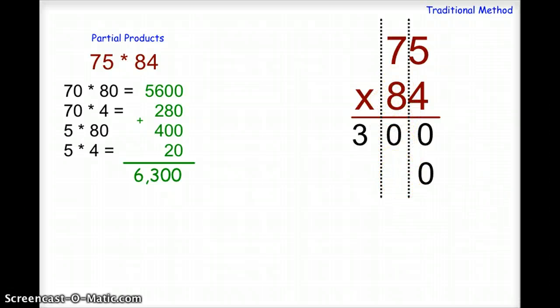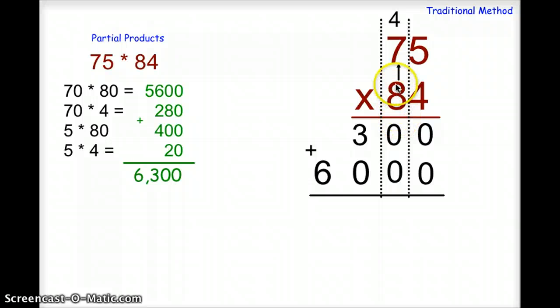When I do that, I can now solve the problem and do 8 times 5, which is 40. Once again, the 0 goes here, and I carry the 4. Next, what I'm going to do is multiply 8 times 7. 8 times 7 is 56. But because I carried the 4, I need to add that back in. Plus 4 equals 60. I put my 0 here and my 6 here